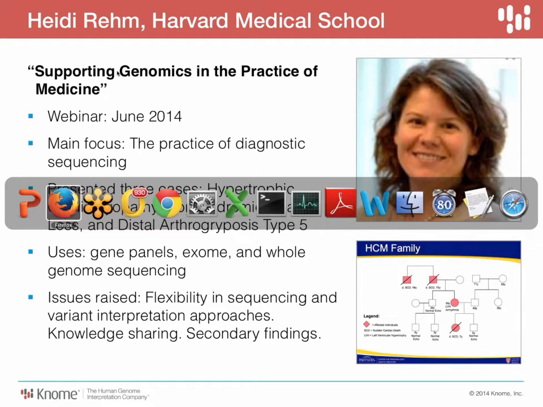And among the many issues she raised in that whirlwind tour were flexibility in the sequencing process and variant interpretation, the need for knowledge sharing, both at the expert and community level, and the need to address secondary findings.